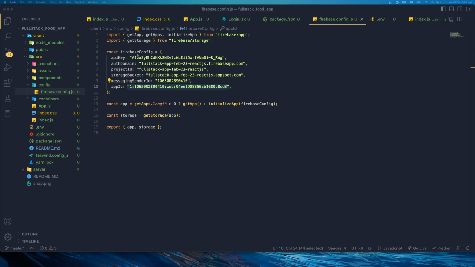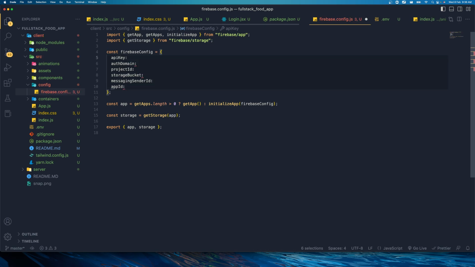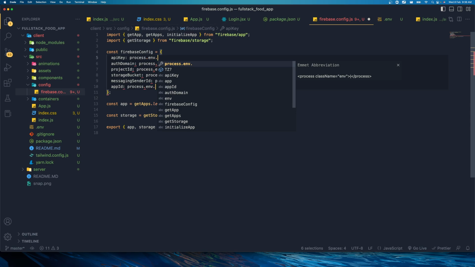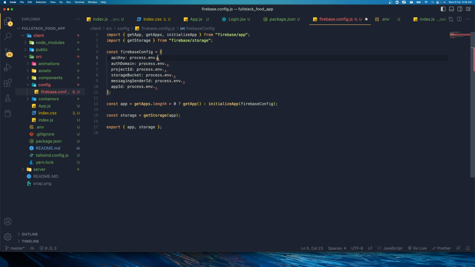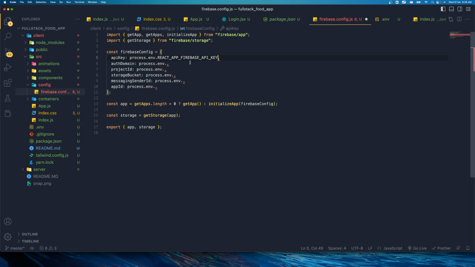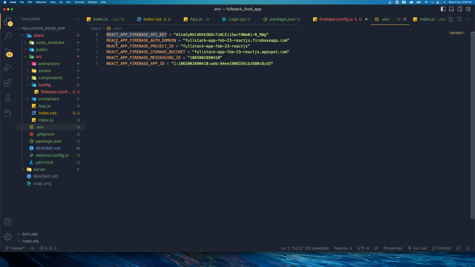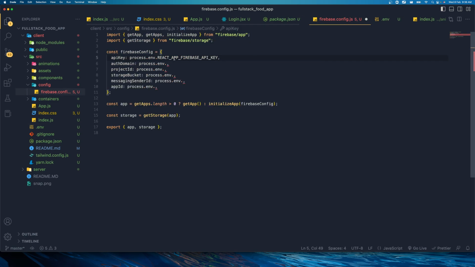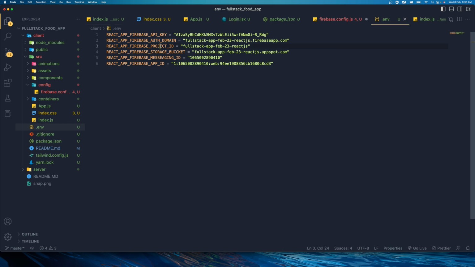All right, so then what we need to do is replace everything. Hold your Alt key, or Option key on your Mac, to create the multi-cursor editor, select everything to the right side, delete it, and then just add process.env. here we need to bring that variable, and add a comma over here so it will not show any error. So let's bring the keys one by one from here: Firebase key, copy and put it to your Firebase key, and then copy this, put it for your auth domain, project ID,